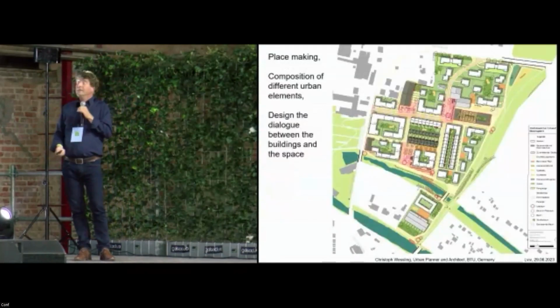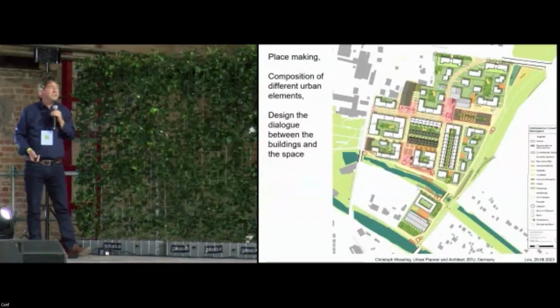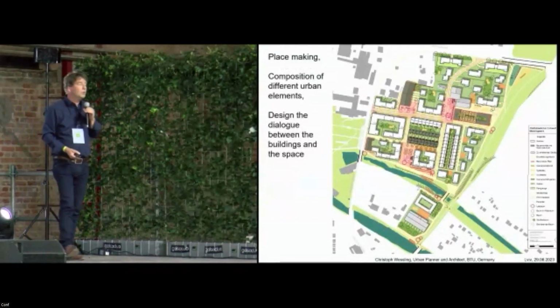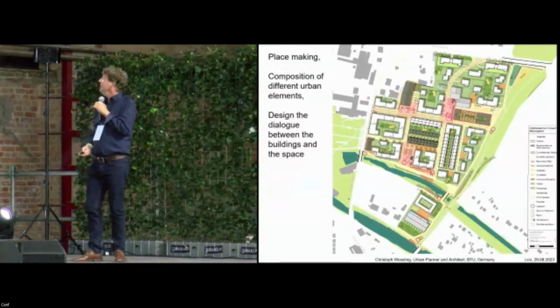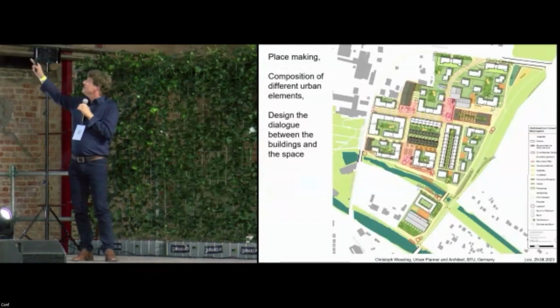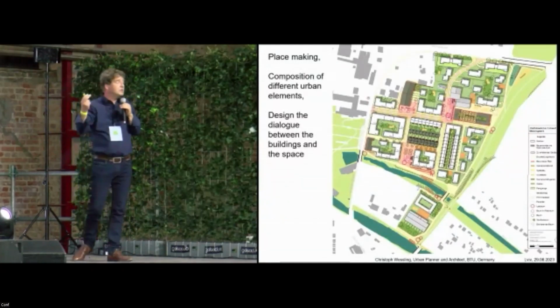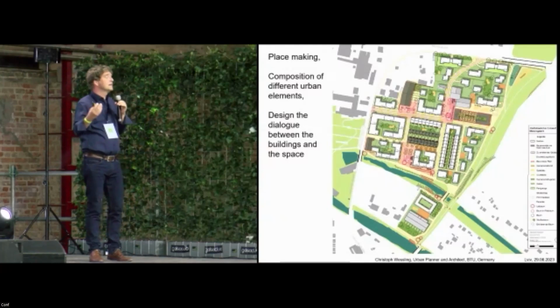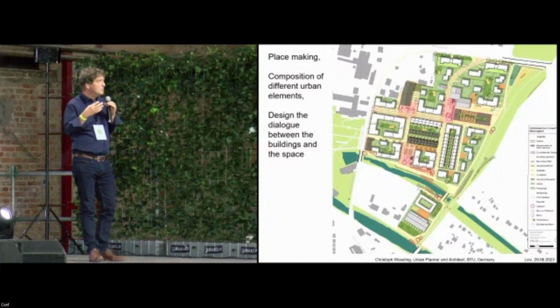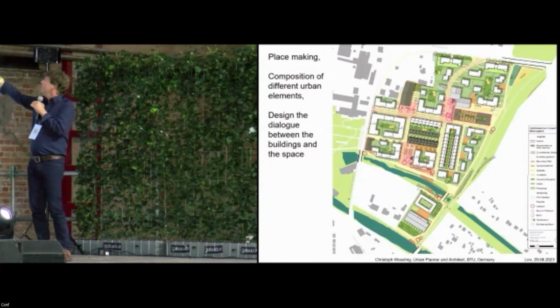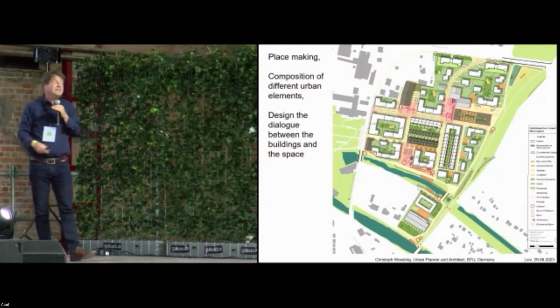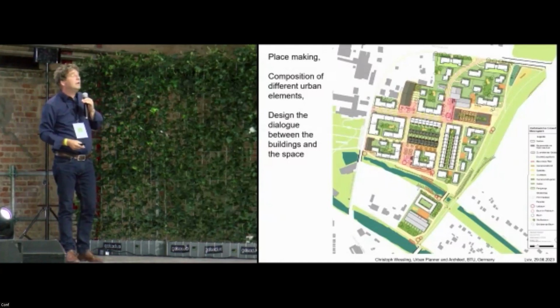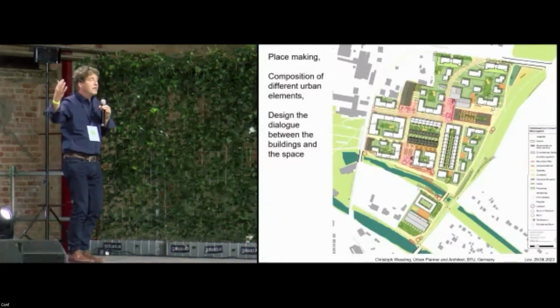Here you can see a project we are just doing, a conversion of an old industrial area. The dark gray buildings are heritage buildings or just old buildings. The white ones are new buildings, and the red places are places for the neighborhood squares. So a dialogue between the objects and the space